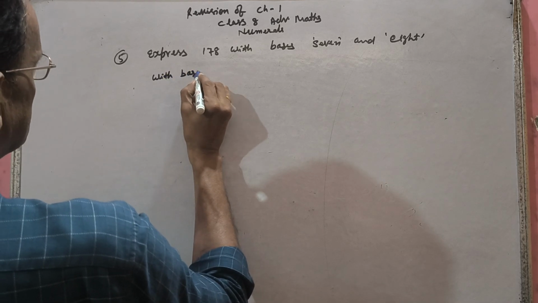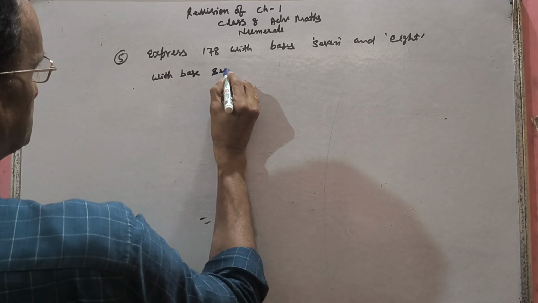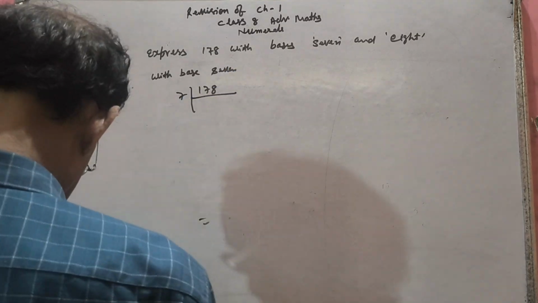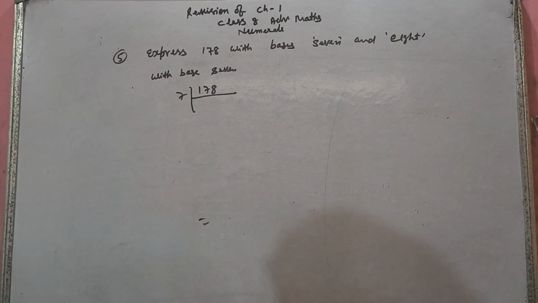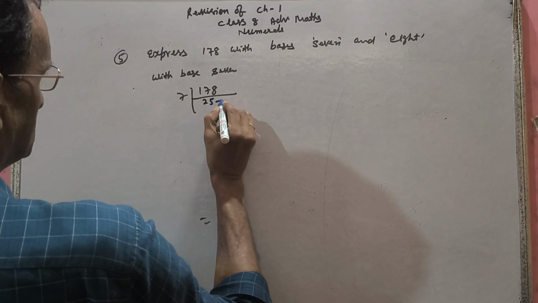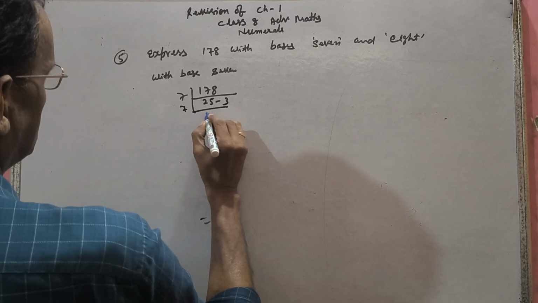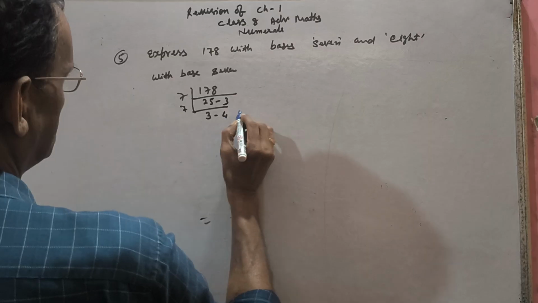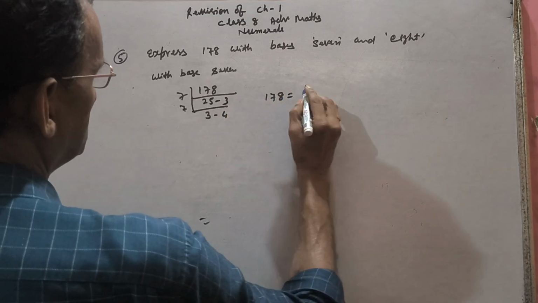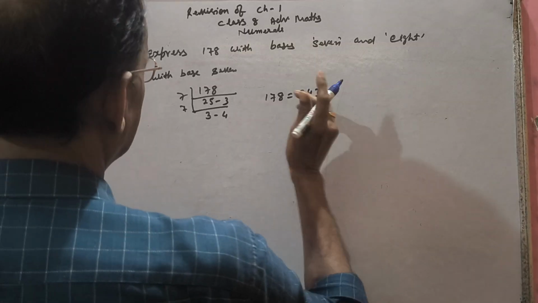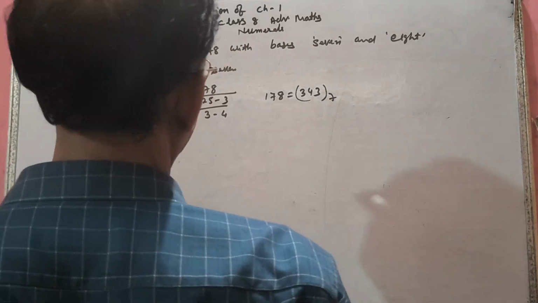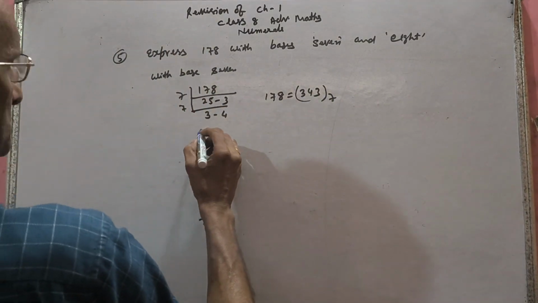With base 7, so 178 divided by 7. 25 times 7 is 175, remainder is 3. 7 times 3 is 21, remainder is 4. Therefore 178 equals 343 base 7. Base 7 you can write in words also. Then now similarly base 8,